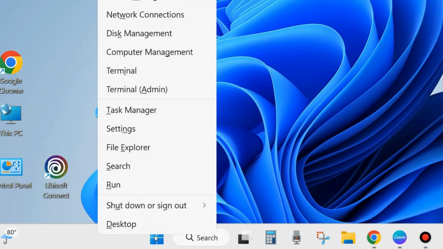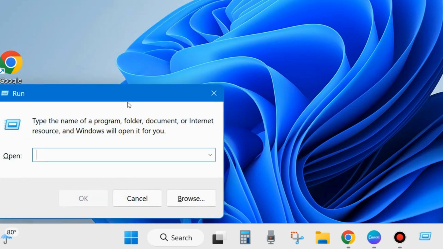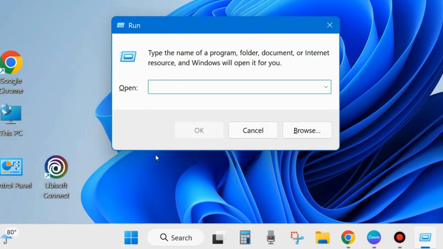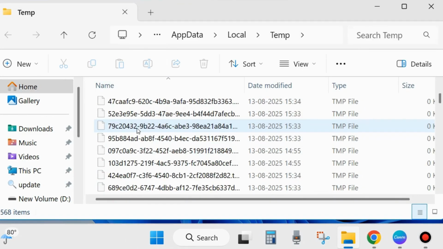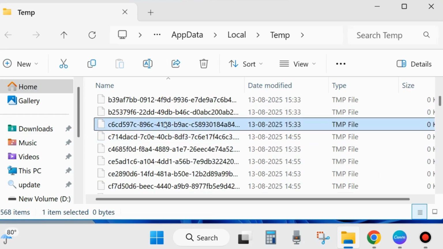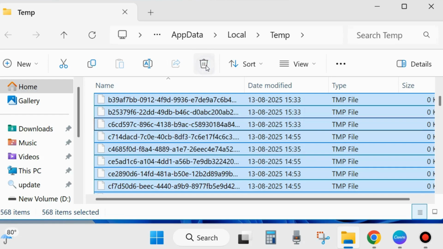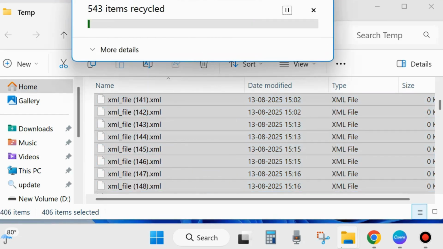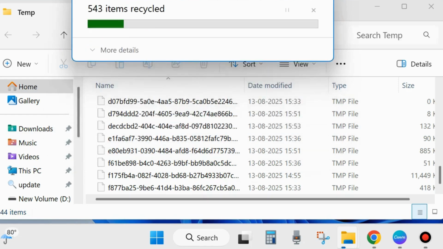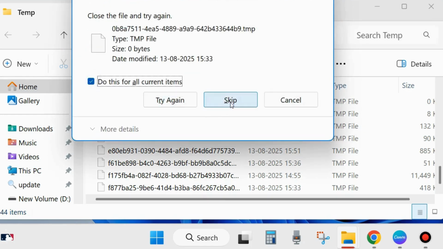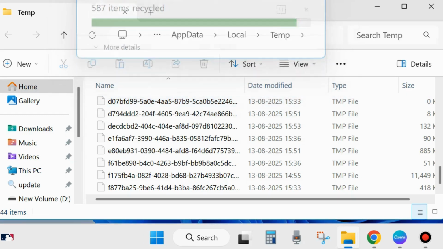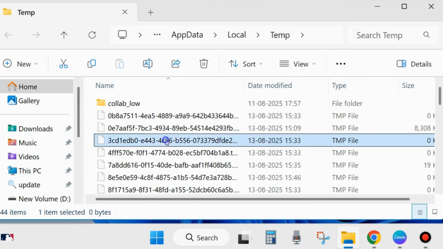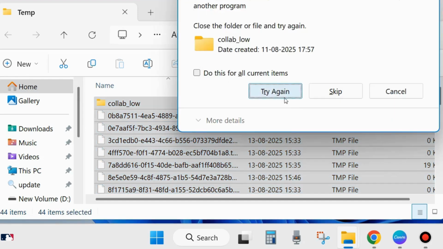The next workaround to fix this issue is to right click on the Start button and choose Run. Here in the Run command box type %temp% and click on OK. All your temporary files and folders will be visible here. Simply select any one of them, press Ctrl+A to select all contents of this folder and choose delete. So clear your temporary files and folder caches through the Run command box and delete all these contents.